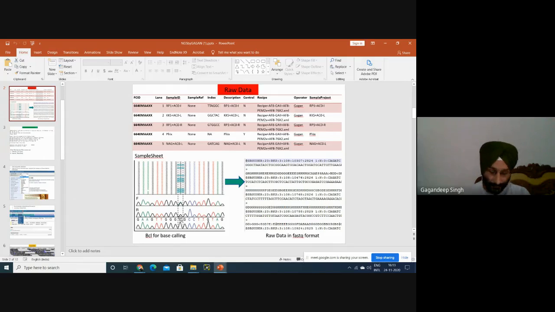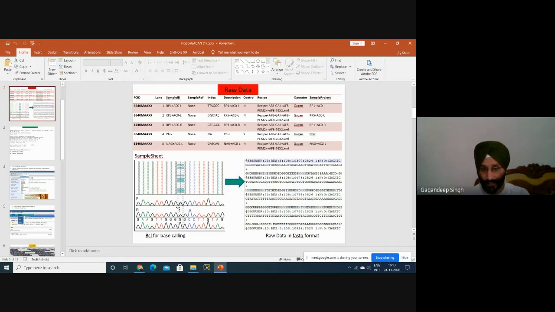Then what is the percentage of this one base? Out of 20, only one base has an error. The probability is only 5%. This is the 5 PRED value. But if I got 1, 2, 3, and 4 of these bases with errors, I have to discard this read.